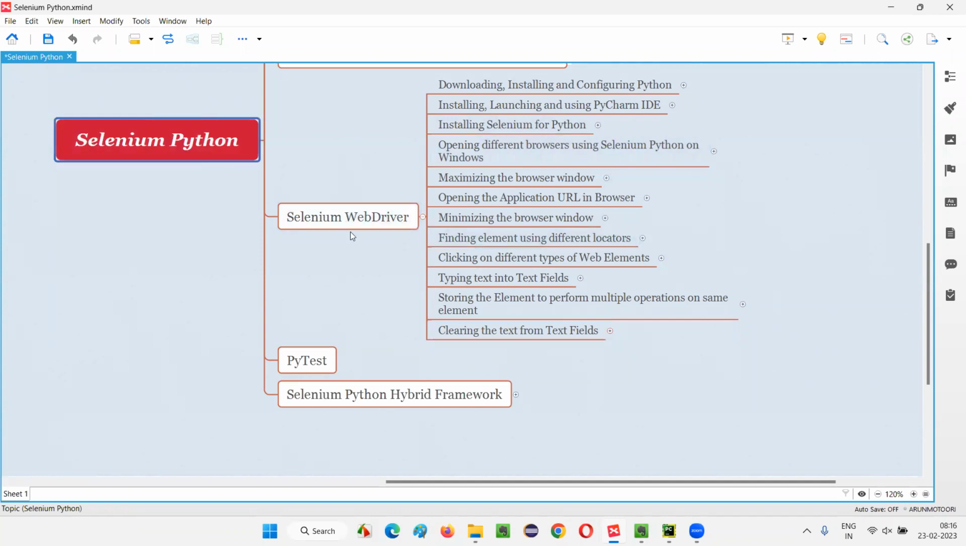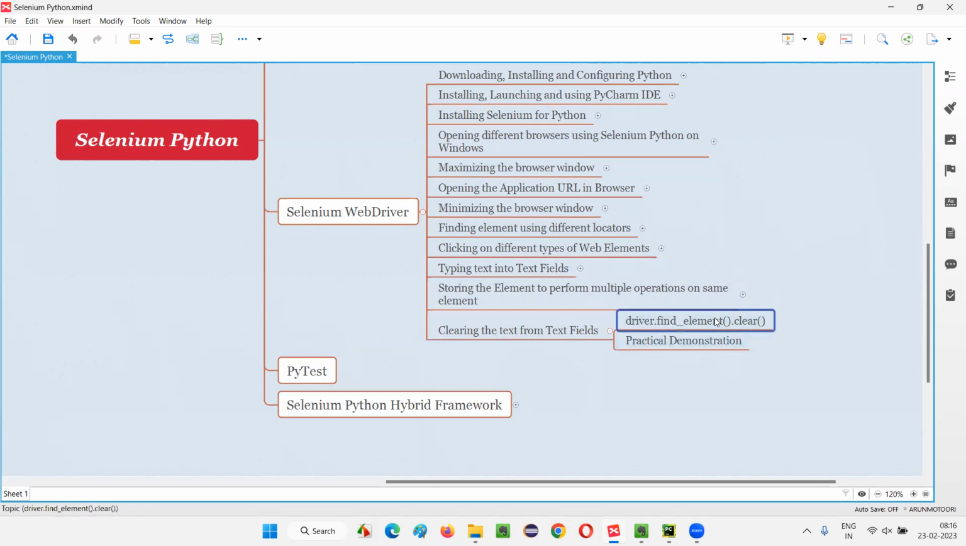In this session, as part of Selenium WebDriver, I am going to practically demonstrate how to clear the text from text fields. So let's get started. In Selenium Python, to clear the text from the text fields, we have to use a command known as the clear command. Let me practically demonstrate how to use this command for clearing the text from